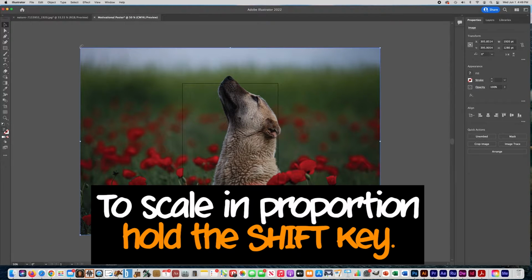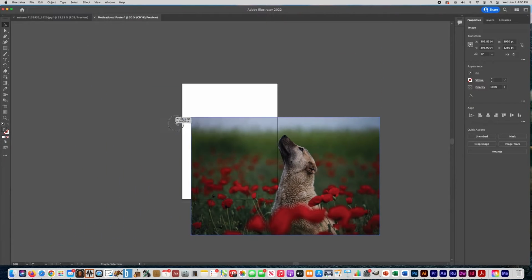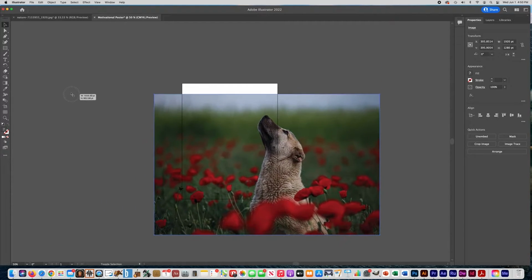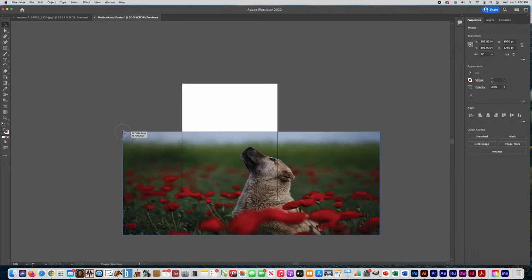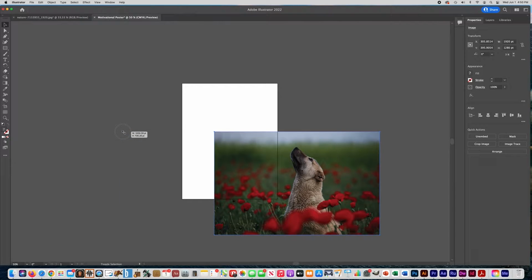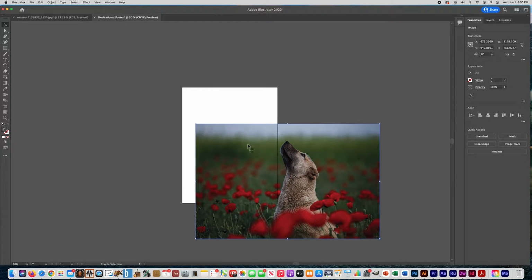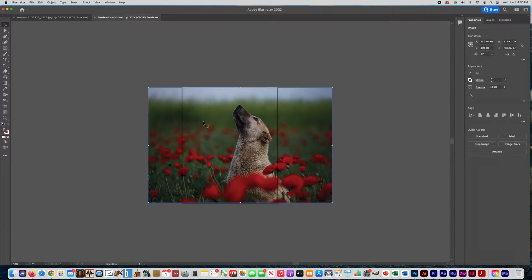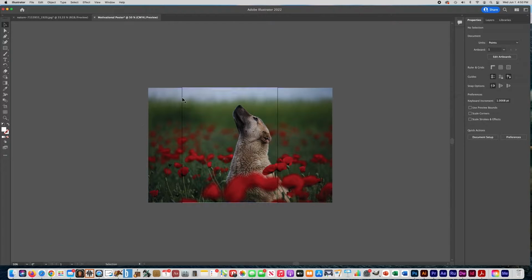What you want to do is hold the Shift key. This is going to be hard to get used to coming from Photoshop, but hold your Shift key and then drag from the corner, and that way your picture will stay proportional. It's very important. I can't stand when I see people have stretched pictures, so make sure you hold the Shift key with your other hand the whole time that you're scaling. All right, and I'm going to put it over on the edge, about like that. Now I want to crop this image,